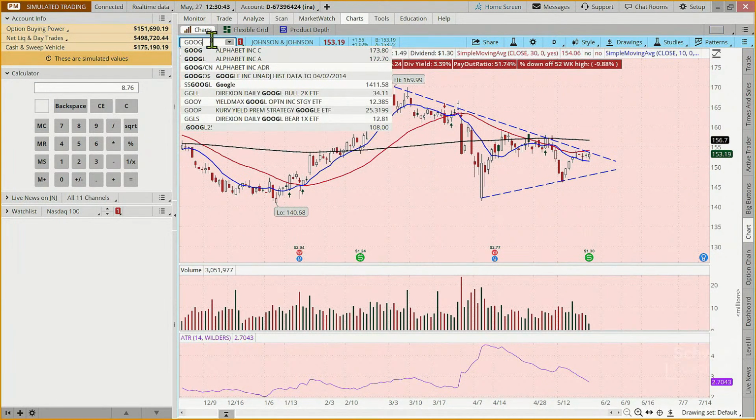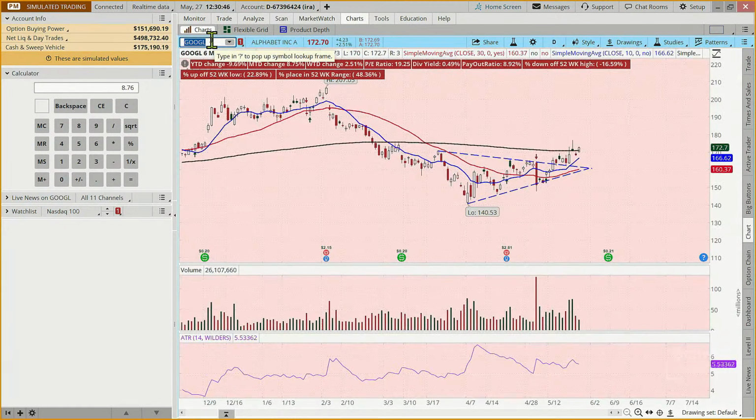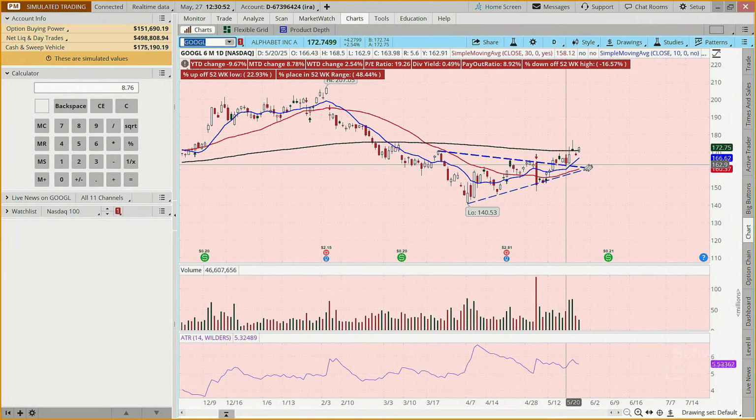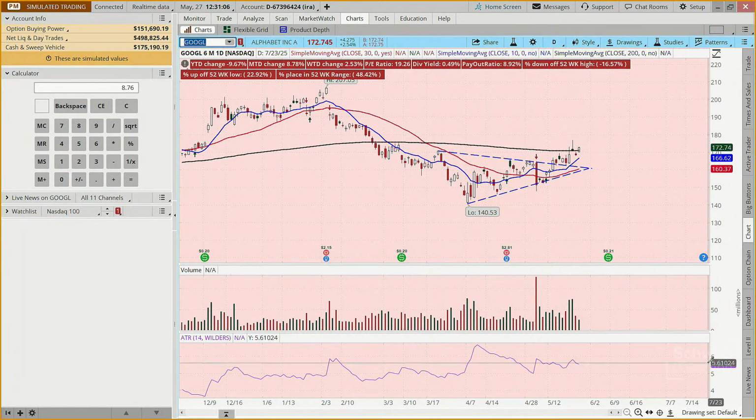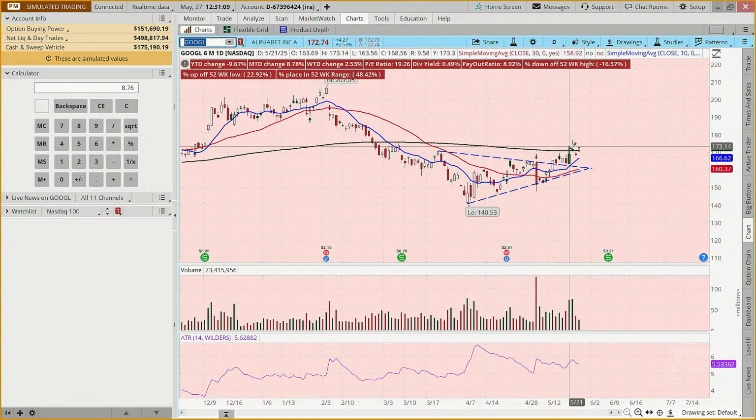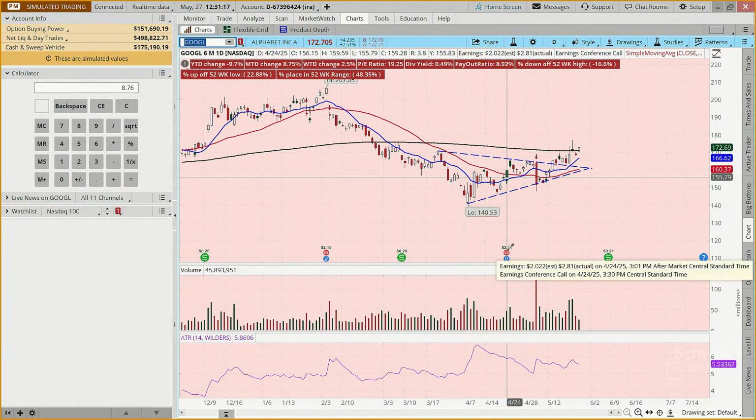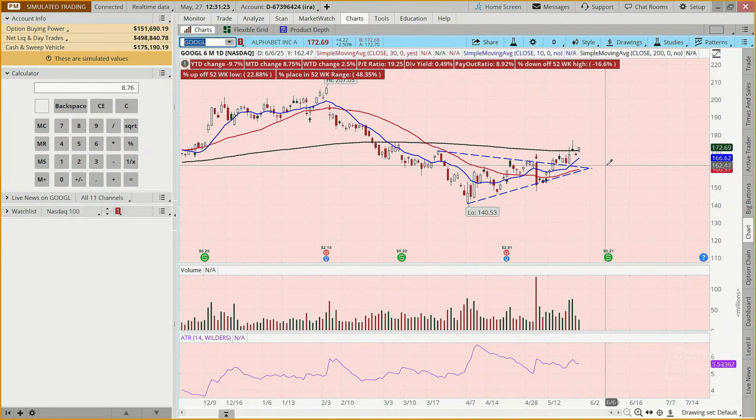Google, as I say, the one with an L. So when we look at Google, we had this series of lower highs and series of higher lows, and then it broke out, came back to retest, and has since moved up. And then moved up, one day pullback, moving up again today. So could we consider that to be an entry? And if we wanted, could we just buy the stock and just say, I'd like to own this company? We could do that.